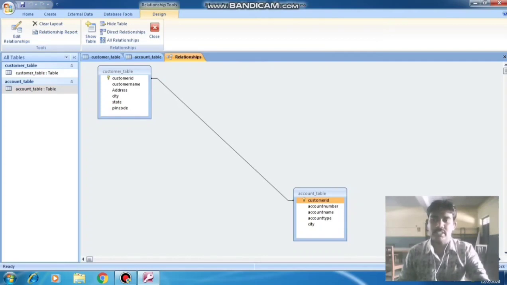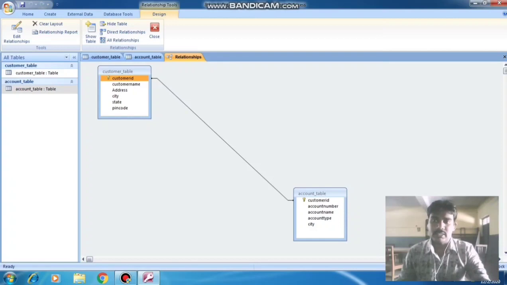I set a relationship between these two tables. Why did I give this relationship? What is the advantage of a relationship from one table to another? Customer ID is the unique identification of a table.